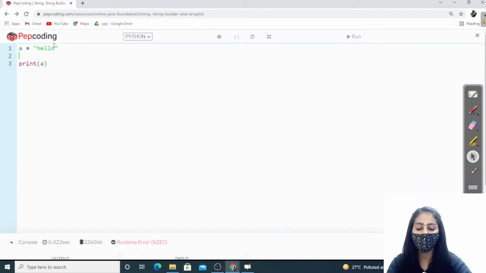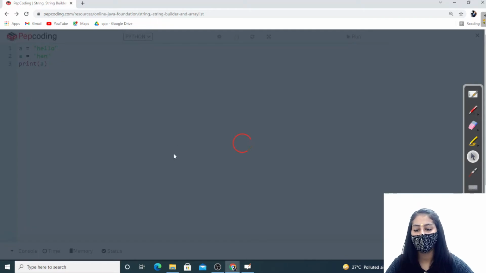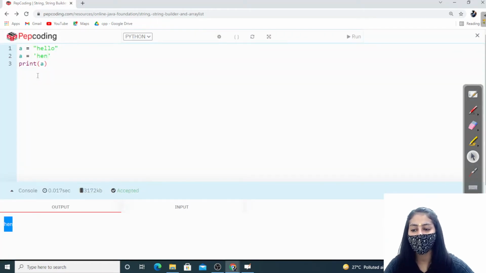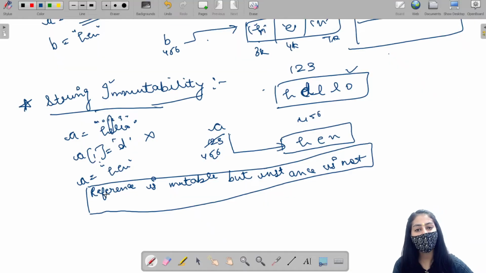But if I want A to refer to something else, I can do this. Firstly A is hello, now A will change to hen. Firstly A is pointing to this object, now A is pointing to that object. So the reference is mutable, but the instance is immutable in the case of strings.